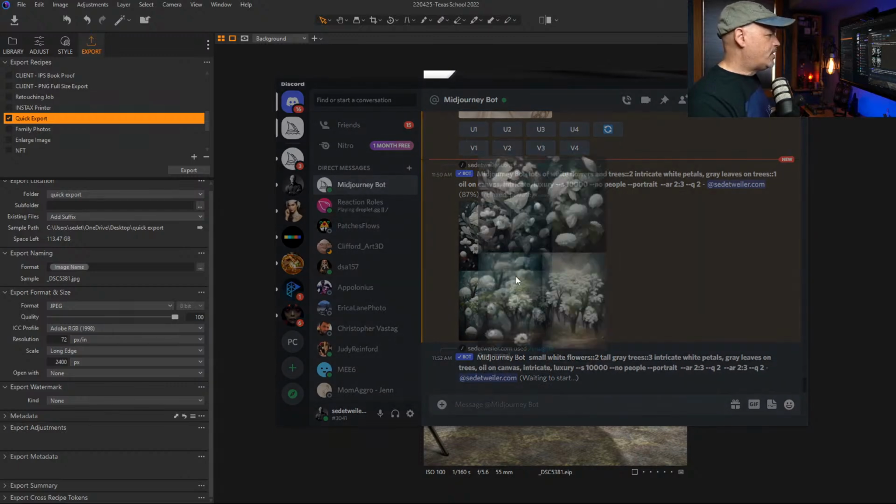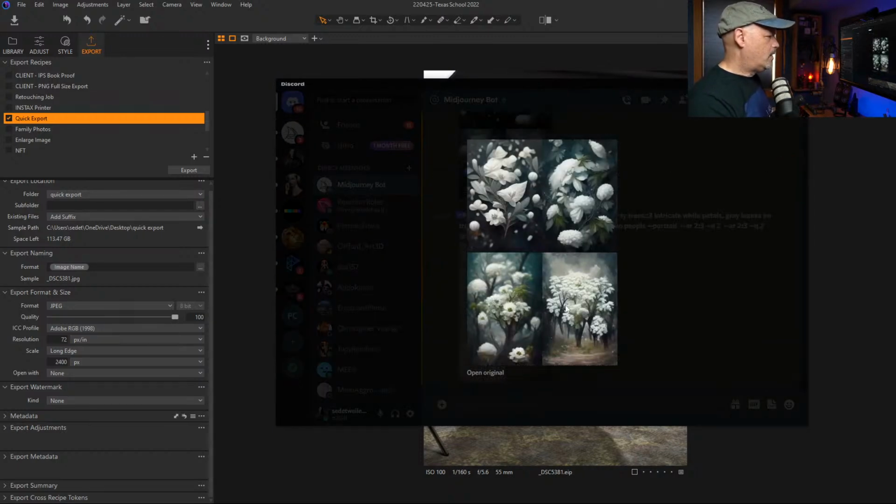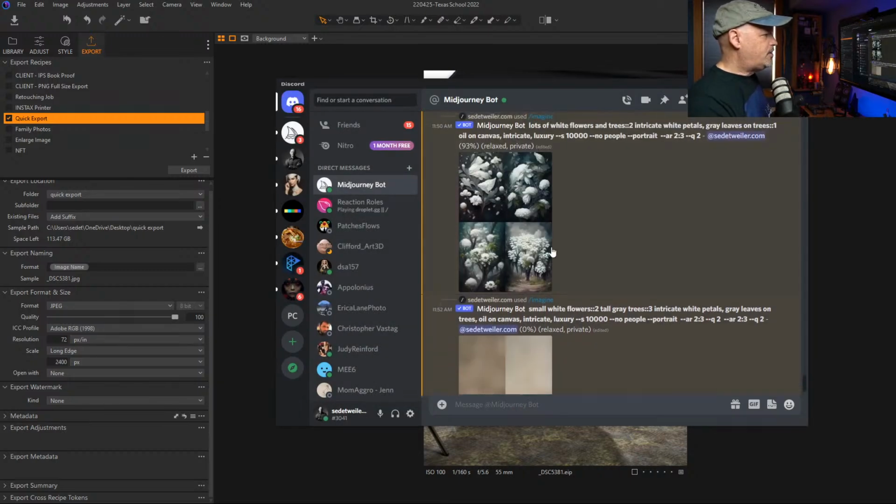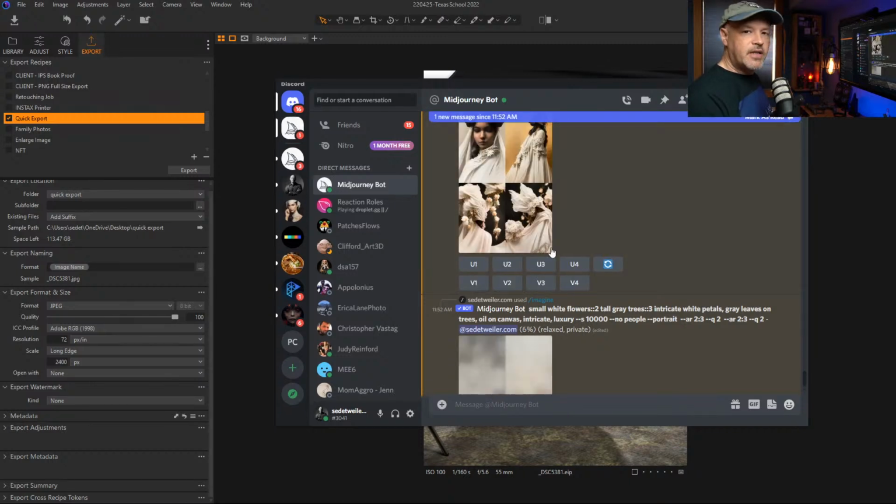So let's look at what we just produced here, because I kind of like this one quite a bit. So I like this 4th one. So what I always do is I'll always ask for a variation right away before I start upsizing, because maybe